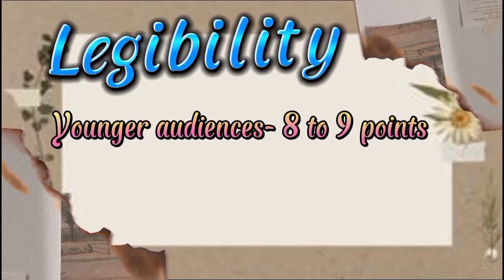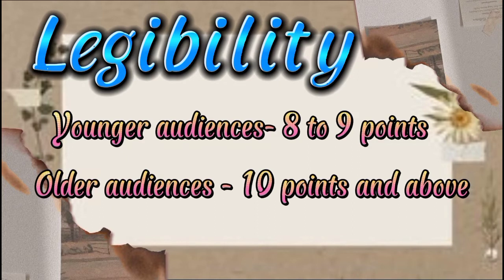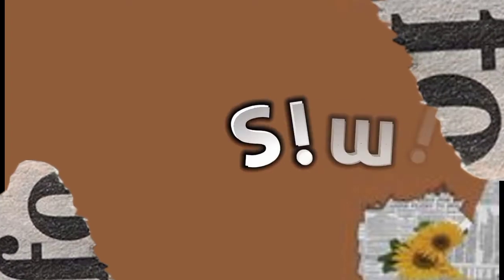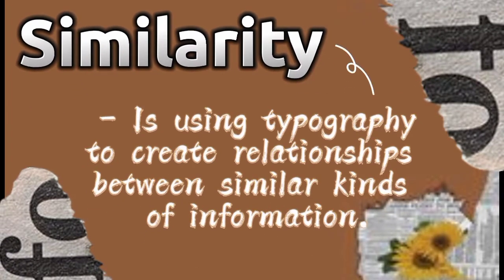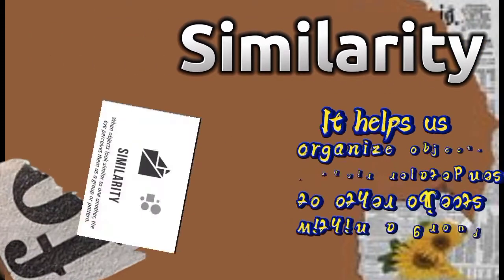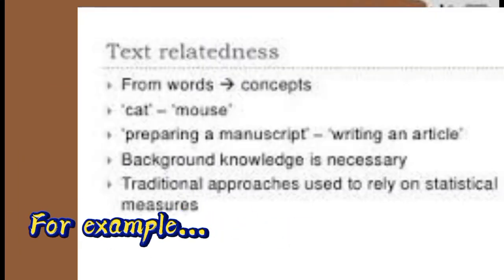Legibility of body text may vary for different audiences. Younger audiences may be able to read font size at 8 or 9 points. Older audiences may be able to read font size 10 points and above. Similarity is using typography to create relationships between similar kinds of information. Similarity helps us organize objects by their relatedness to other objects within a group. For example,